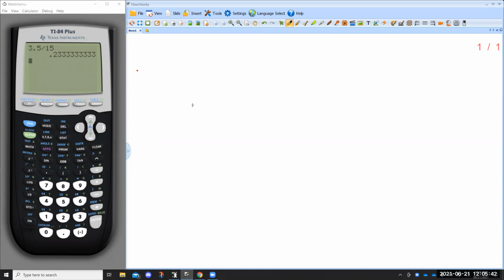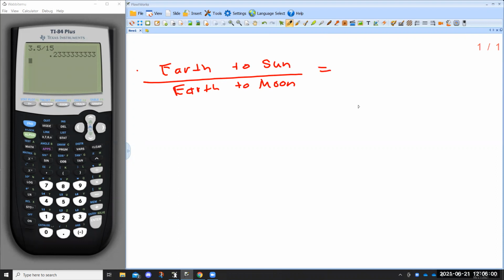So we want to go Earth to Sun, Earth to Moon, let's say. So our two ratios that should be the same are going to be